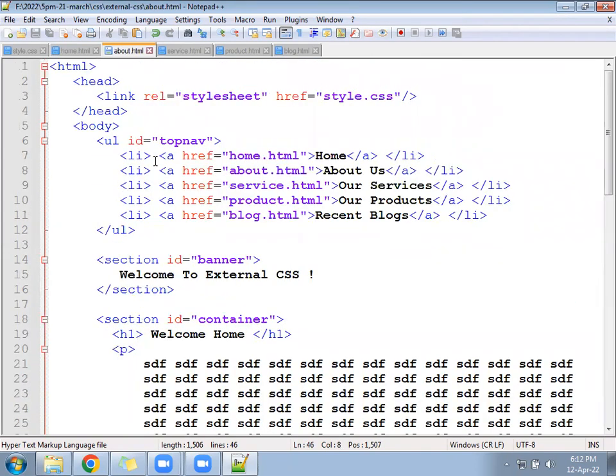The banner is not required. You can remove the section called banner.